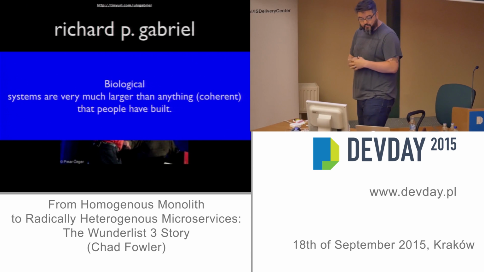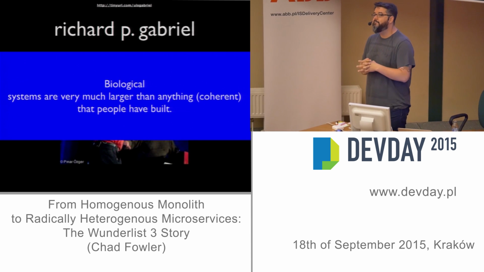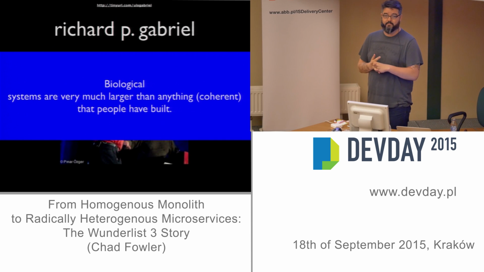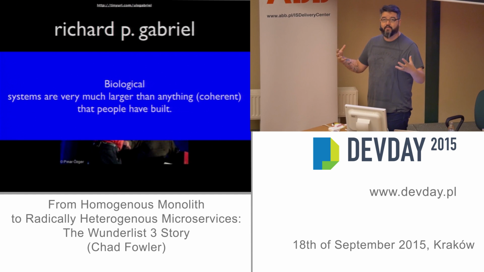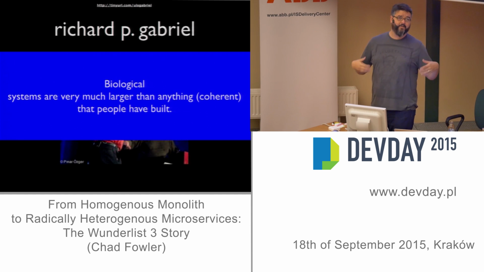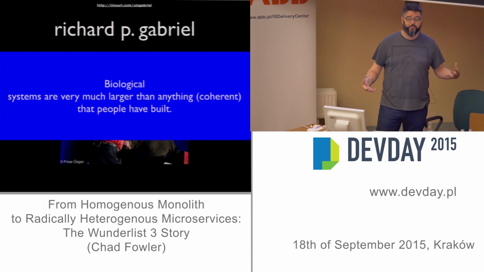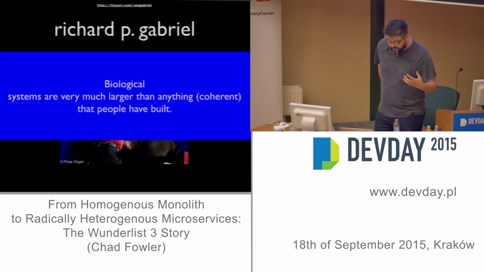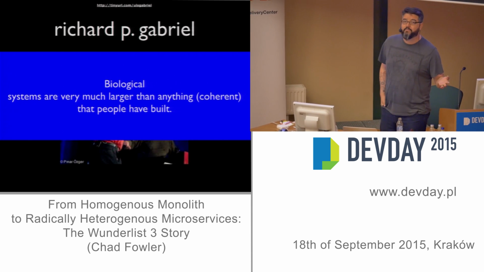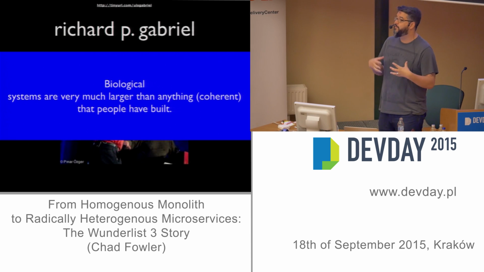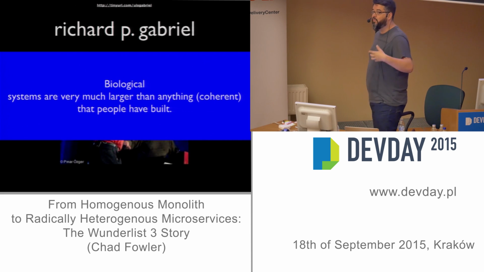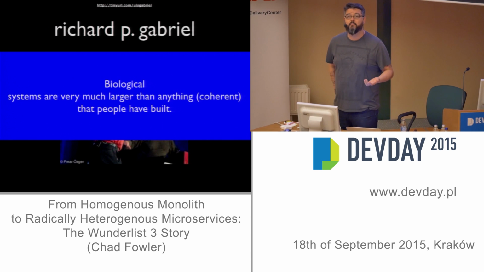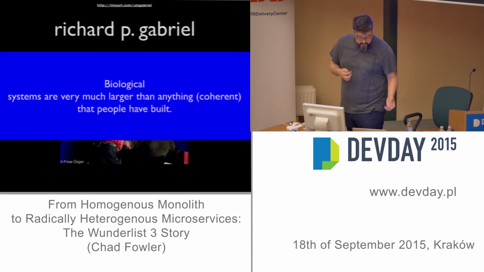Anyway, he wrote this thing which is called Designing Beyond Human Capability. And it's a paper about creating a system that's larger than any human could ever actually think about, just as an exercise in thinking about how to deal with very large problem sets. And he talks about how biological systems are larger than anything coherent we could ever have created. So like the human body, for example, is a system, right? And that system is more complicated than any software system that any set of humans has ever created.